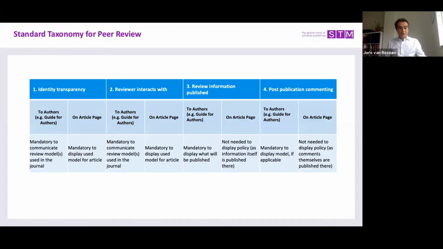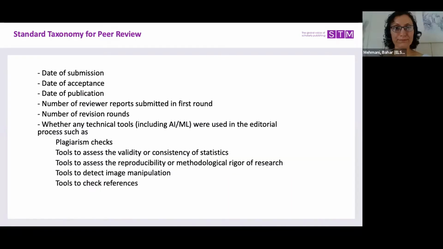At the same time, part of the recommendation of this working group is not only to describe the review model, but actually more information. Yeah, so we're also encouraging that for more transparency, key dates like date of submission, date of acceptance, things like that.